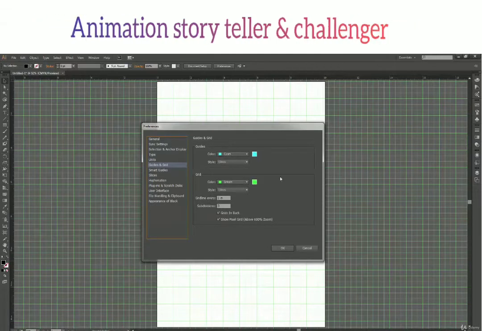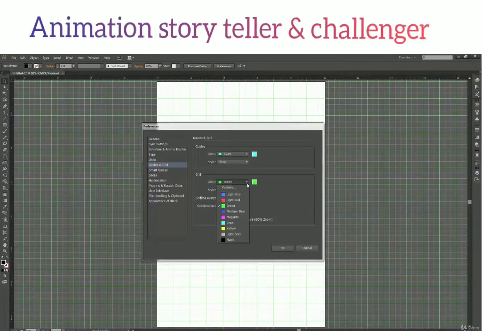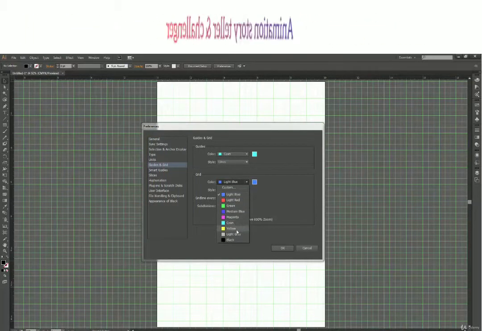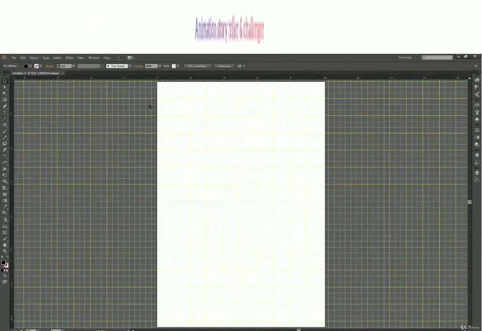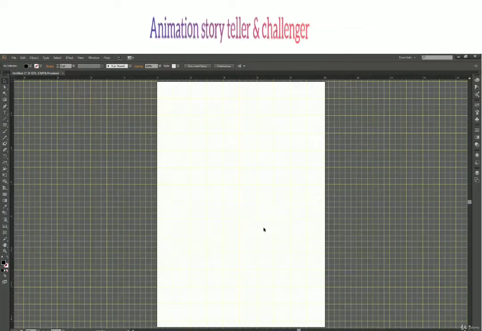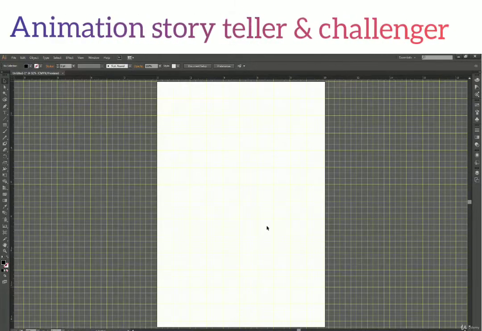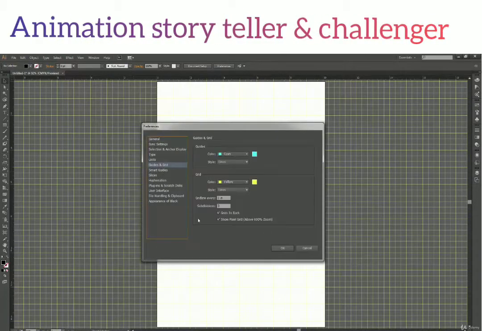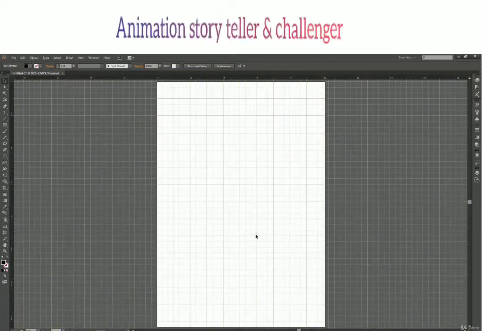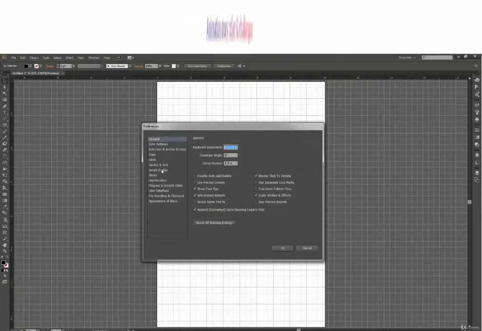Now we will see what options we have for the grid. First of all, the color is green. Again, I can change this color to anything else. Let's say for this one I choose yellow and press OK. So I have my yellow color reflected over here. Now it is not very visible on the artboard, so I might want to get a color which is clearly visible, because otherwise I will be struggling too much to see the grid itself. So let's say it's light gray. This is the default color Illustrator has, and it makes sense.